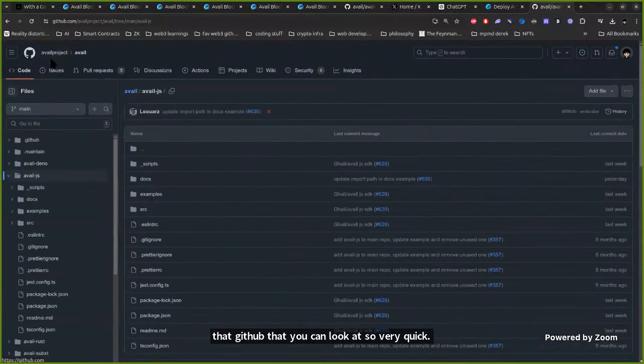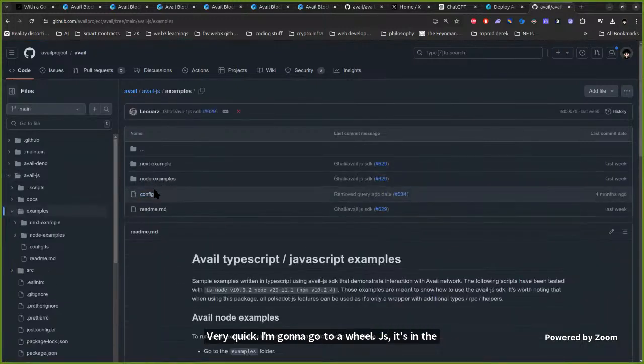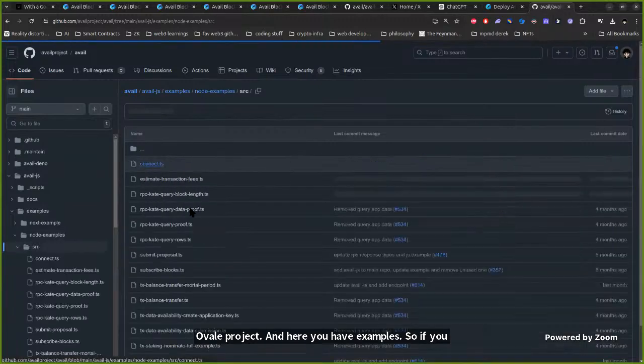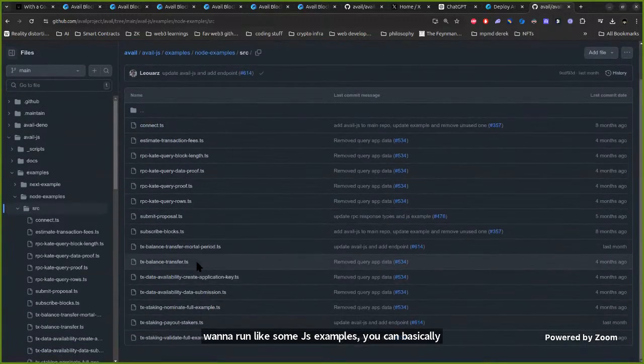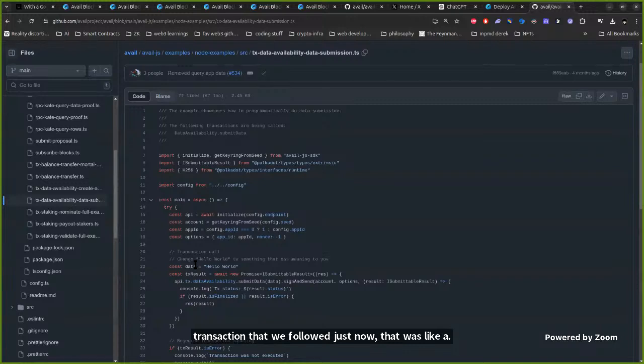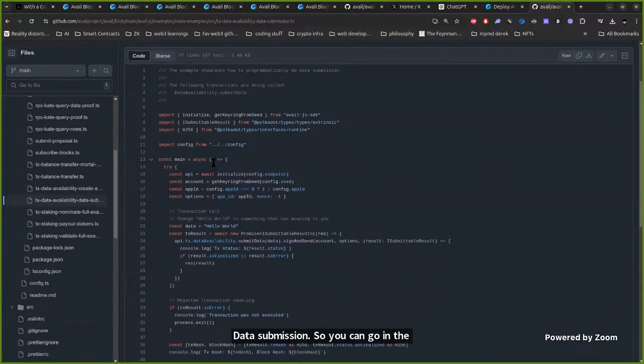It's in the Avail project /Avail, and here you have examples. So if you want to run some JS examples, you can basically look at these simple things. Like the transaction that we followed just now, that was a data submission. So you can go to the data availability, data submission tab, and then you can see the code, what's happening